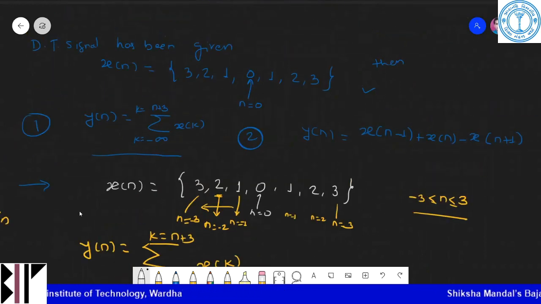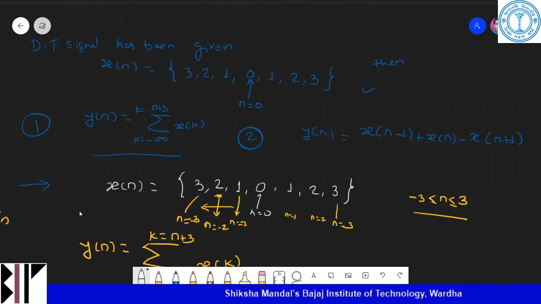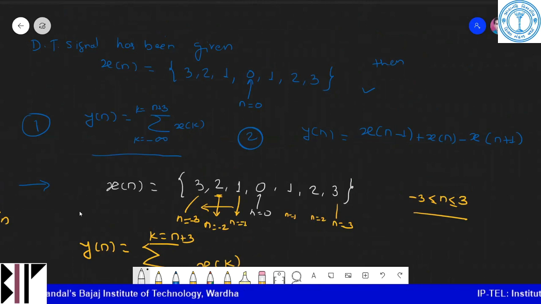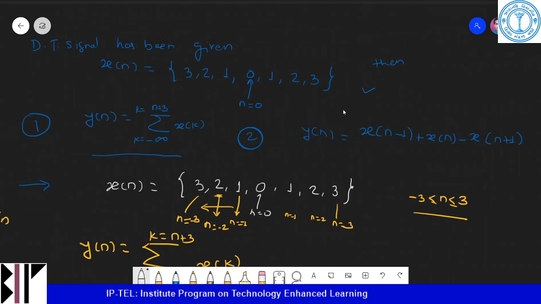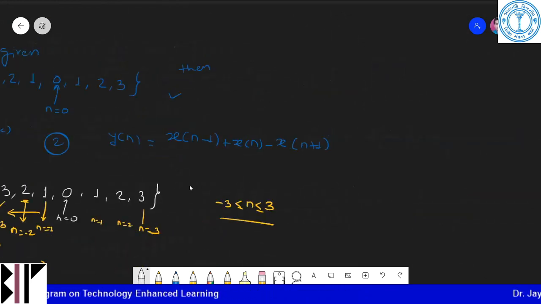This is generally a bigger problem, and if asked in the examination, it will be asked for 10 marks or something like that. Even if they give samples, it will not be more than 5 samples. Here the total samples of this x of n are 1, 2, 3, 4, 5, 6, 7. 7 samples are there. They may give you other samples. Now I will give you homework on this basic problem.